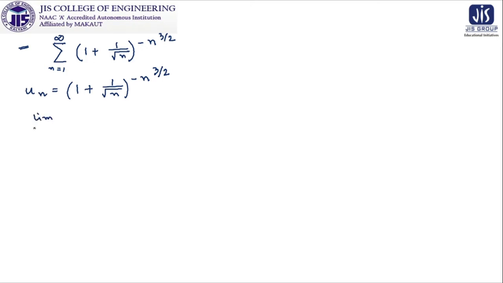So for this problem, we need limit n tends to infinity of (1 plus 1 by root over n) whole to the power minus n to the power 3 by 2